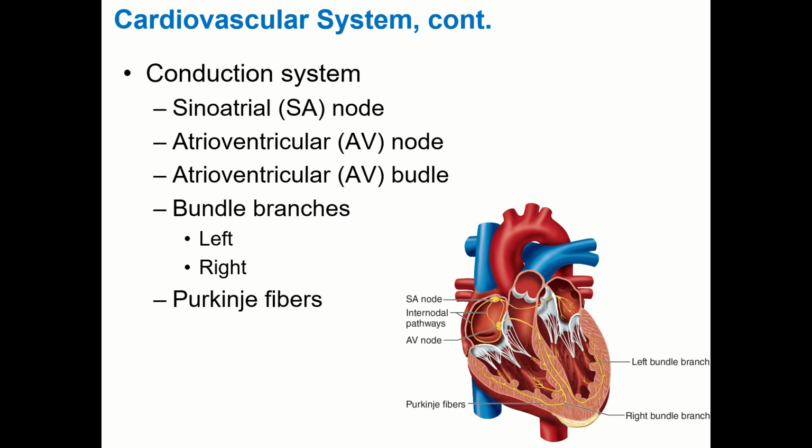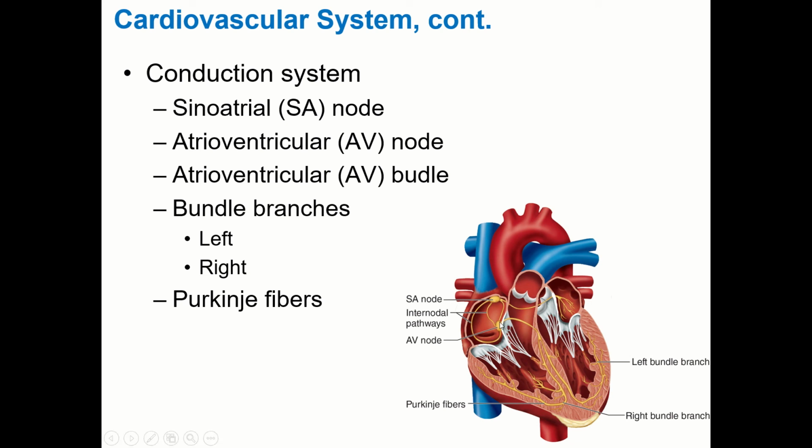So the AV node is going to pause that electrical signal for about 1/10 of a second, sometimes a little bit less, but give or take 1/10 of a second. And so the reason that's important is that it allows the atria to fully contract, to push blood down to the ventricles before the ventricles contract. Without that delay, the atria and the ventricles would basically contract at the same time, and obviously that would be problematic. So the AV node acts to pause the electrical signal, and then once we've done that,